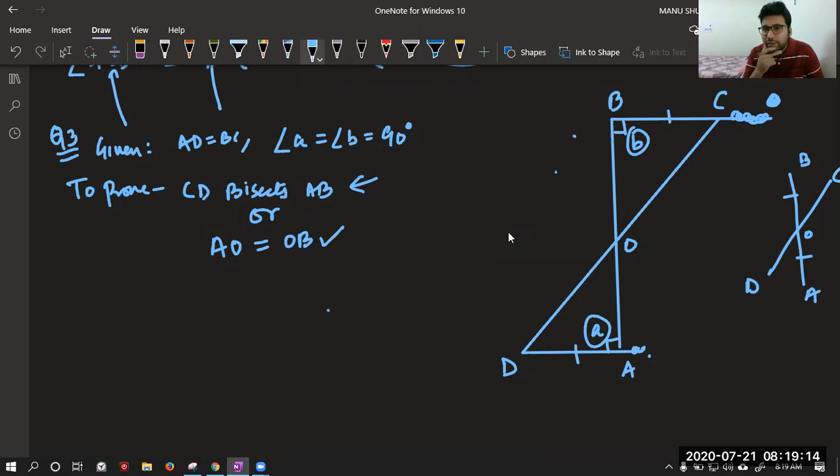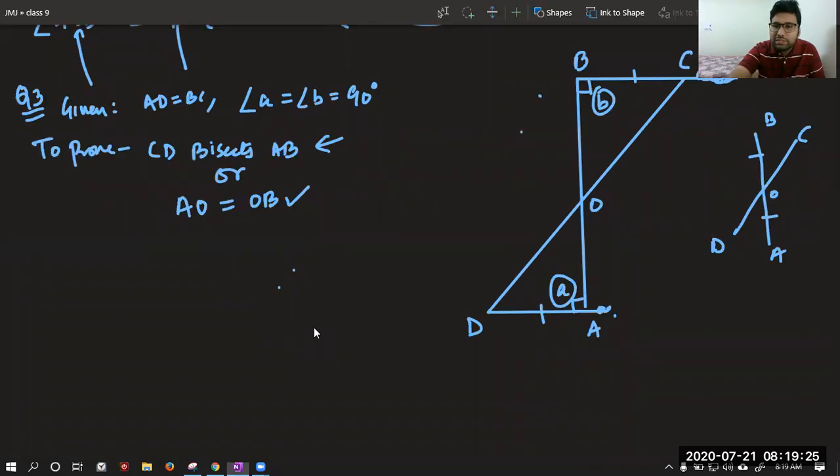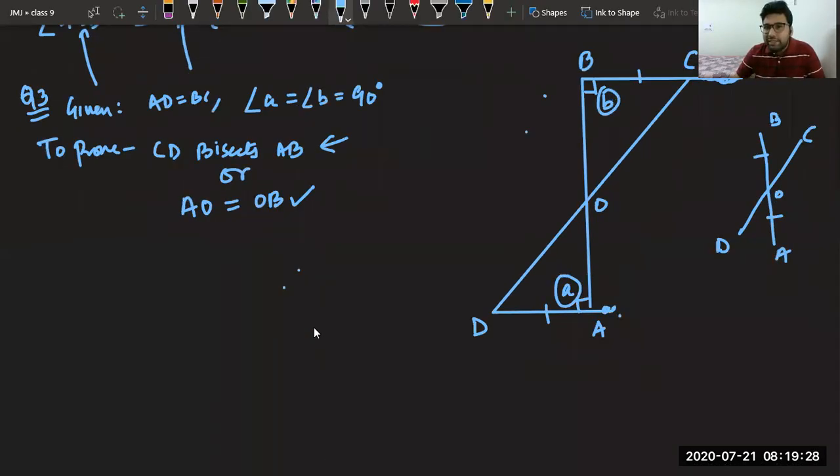ASA, okay. Now, OA equals OB. So I'm explaining, please see. All of you got this very easily. If I prove these two equal, if I take it as C and if I take it as D, we can say they are equal by vertically opposite angles. So one angle is coming, one angle is coming, one side is coming. The sequence is angle, angle, side. The continuation says angle is coming, side is coming.